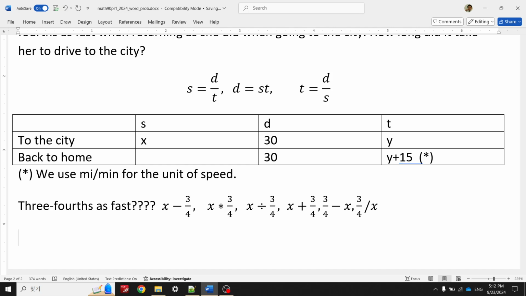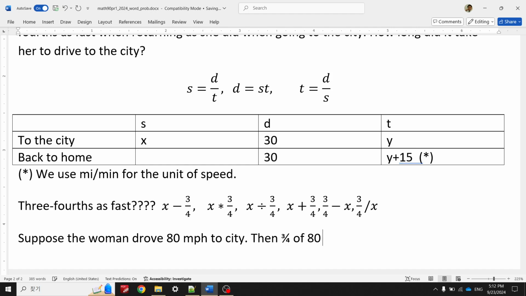But still, you don't want to just pick something and get it wrong. So instead of this, try to follow my suggestion. Come up with an example where you can talk about 3/4 of a speed. So suppose the woman drove 80 miles per hour to a city. Then 3/4